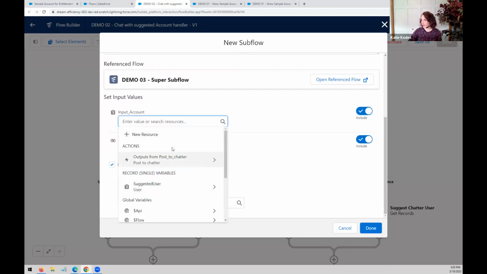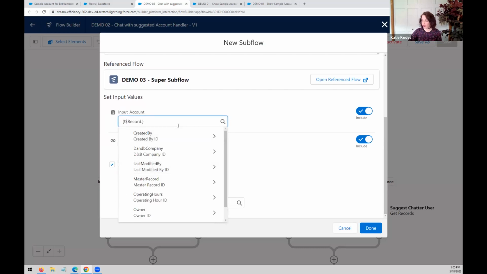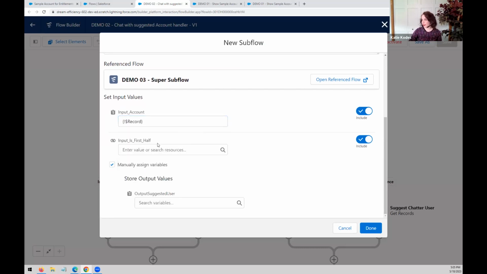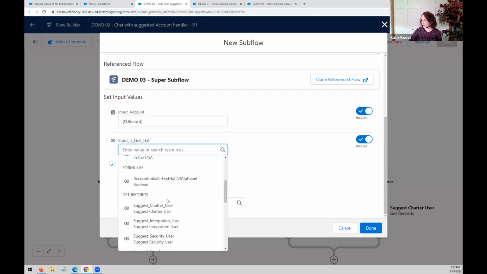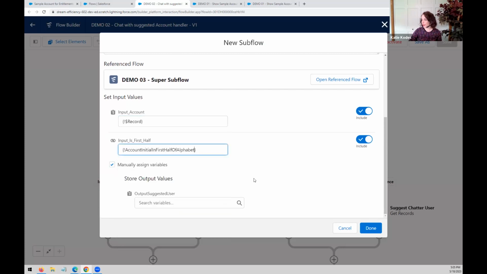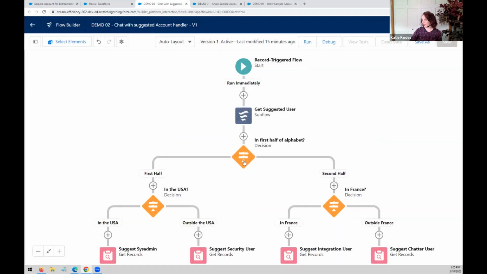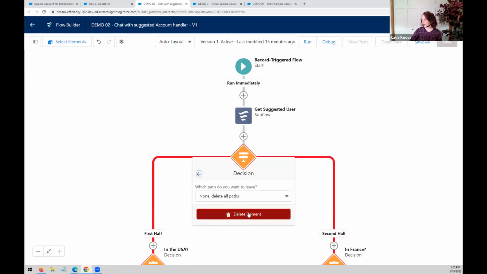So in this case, I am looking for record, chop off the dot. And again, I've got my formula field right here that I can send it. And then I want to save it as suggested user, chop off the dot and hit done, hit delete,